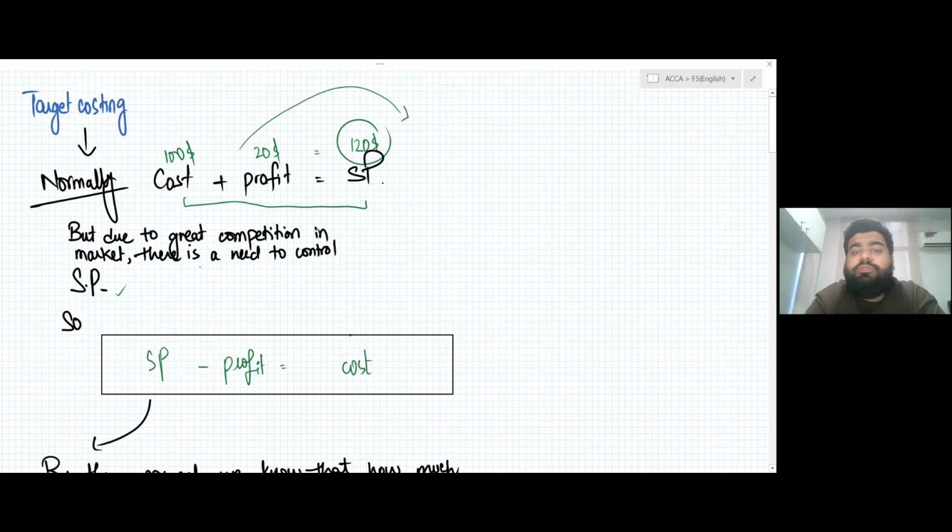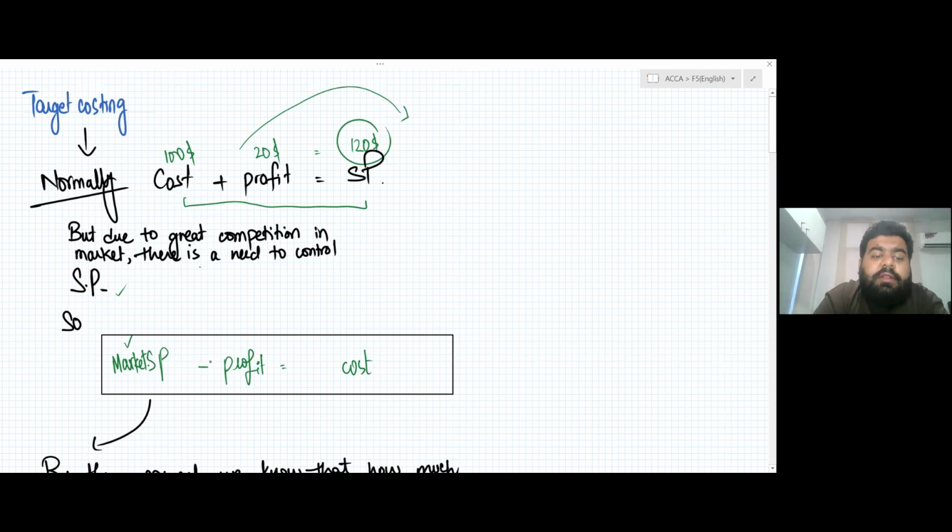Now, what does target costing say? Target costing says that you should first identify the selling price that is being used in the market. We see what the market is offering as the selling price for the product first. We will not do cost plus profit is equal to selling price, because we do not have a monopoly where only we are making that. The price difference is very important for the customer. If he's getting the same quality thing for $30 less, why would he pay 120 for the calculator? So first see the market selling price,